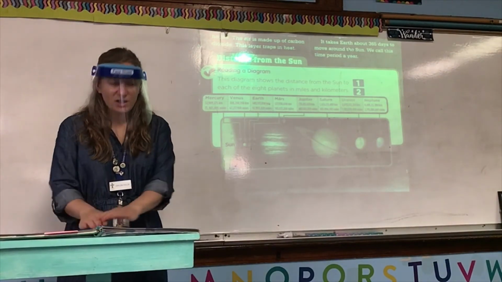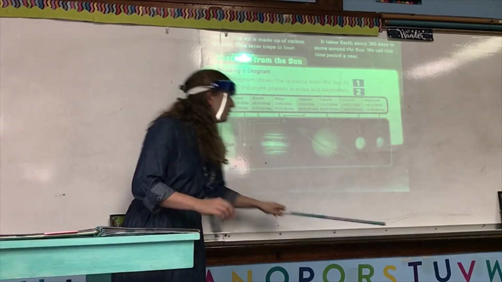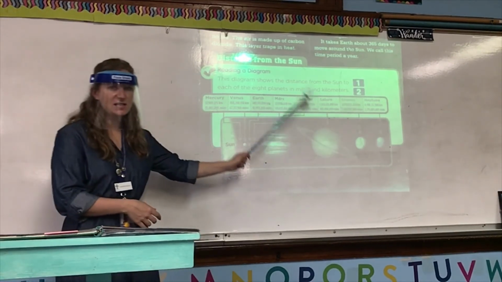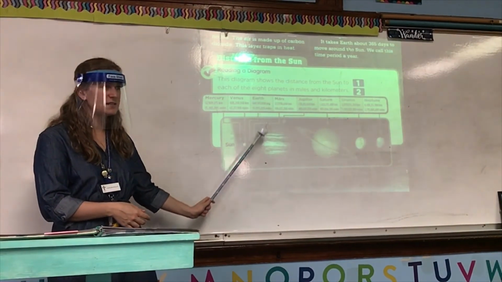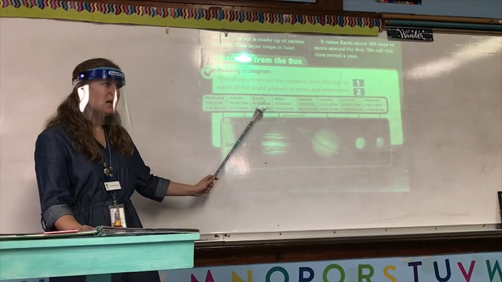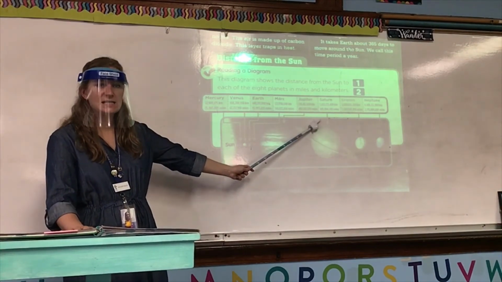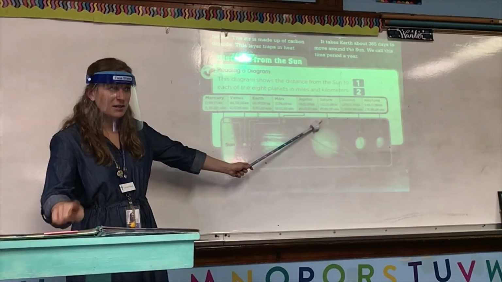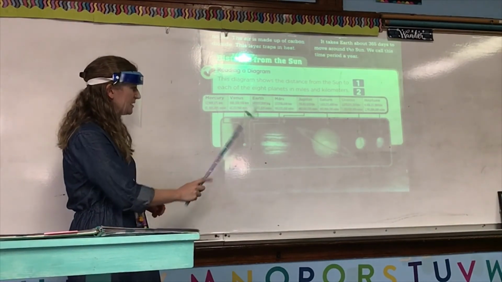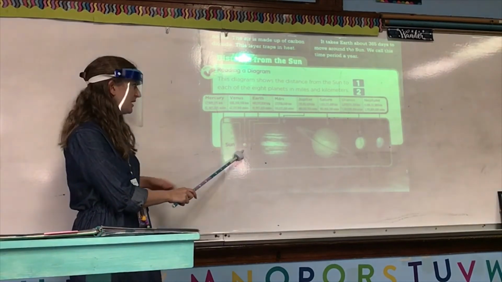So what that means is we're going to look at this diagram. It has a picture of the solar system from the sun all the way to Neptune. Each planet has an arrow pointing to it. Now I know I'm pointing on here, but you can't see well, so you should be looking at the same thing in your book. If you're not sure where you're supposed to be looking, you can glance up, see where my pointer or my hand is, and then look at that same spot on your textbook. So for each planet, we see an arrow pointing to it. The closest planet to the sun is Mercury.